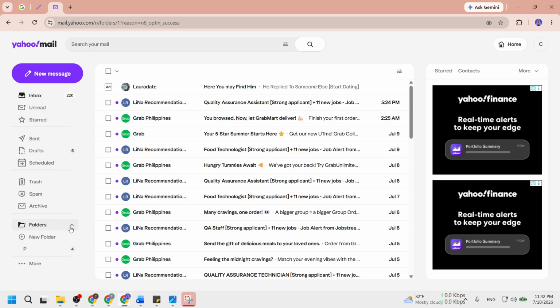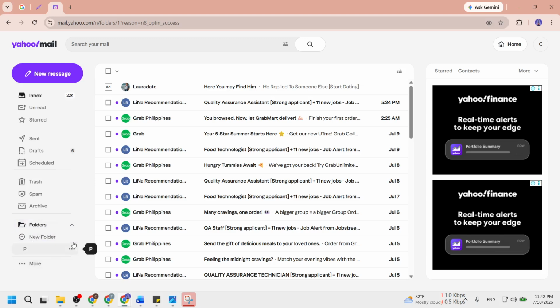you need without hassle. Now, scroll down past the default categories until you see the section header labeled Folders. This section typically appears below your primary inbox and other categories. Taking the time to find this header is essential as it is where your custom-created folders will be located, allowing you to organize your emails better.